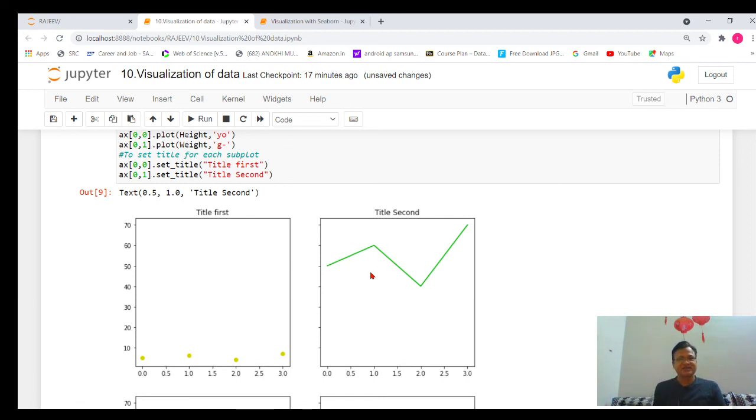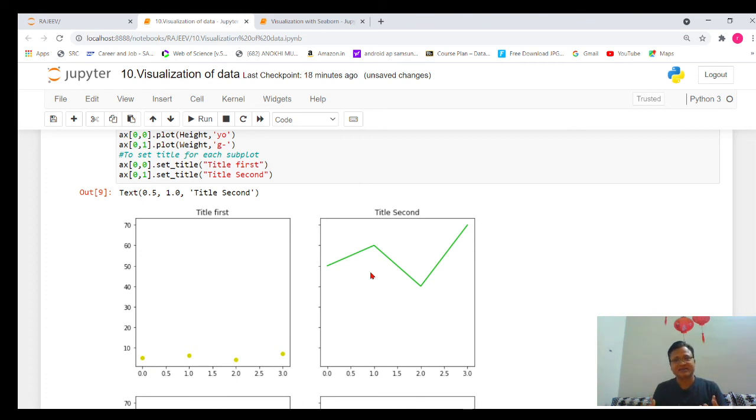In this way we can visualize different types of data. The basic part I have covered in this lecture. In the next lecture I would like to take some big data and connect it to a Python file, and then we will learn how to visualize the data of a bigger file.